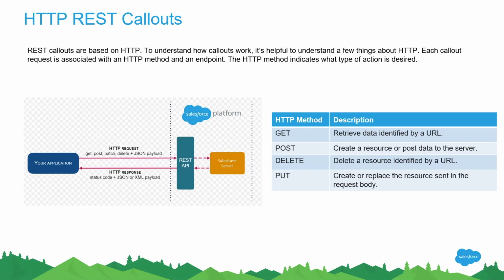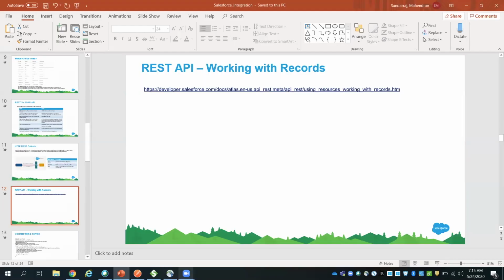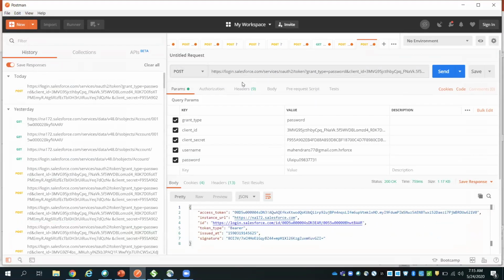I'll show some other screens where you will see these HTTP REST callouts live, and how we can do this. Basically, I wanted to show a small example using the REST API protocol. Let me take Postman. Postman is a tool where you can simulate all the API related things, for example login and CRUD operations. Installing Postman is very straightforward.